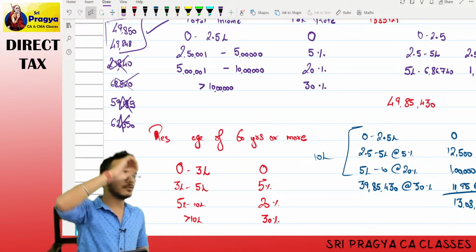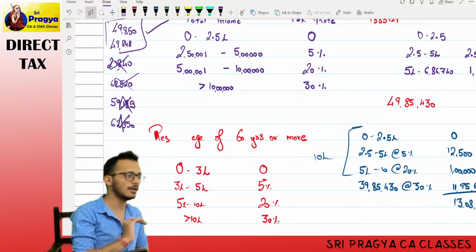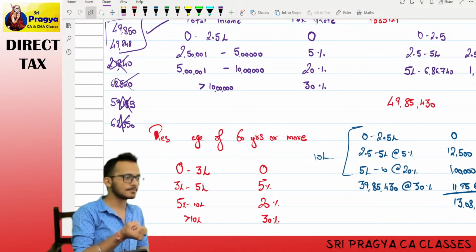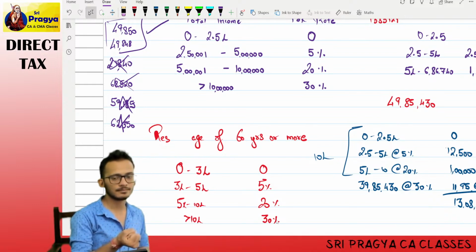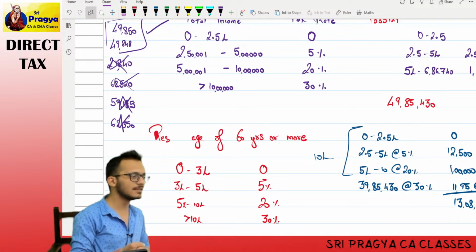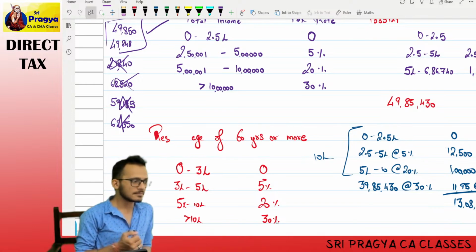Where earlier I had to pay tax on 2,50,000, now for 3 lakhs I don't have to pay tax. So for that extra 50,000, I will not levy 5%. That is all the difference. So I'm giving you an extra benefit of how much? 50,000 into 5% is how much? Check the calculator. 20.